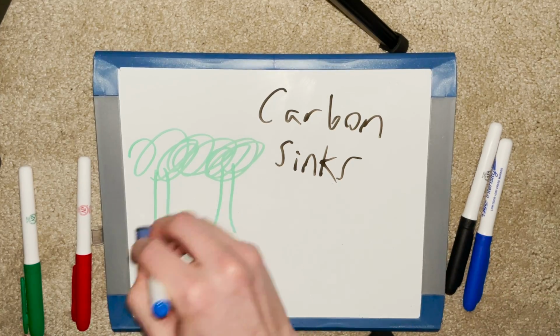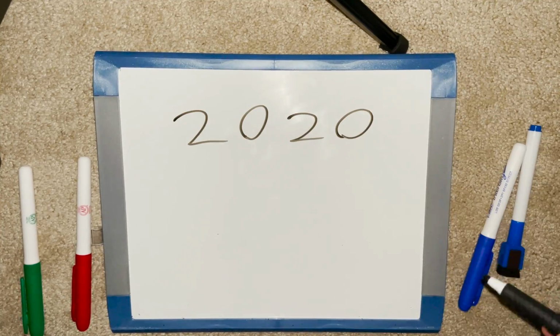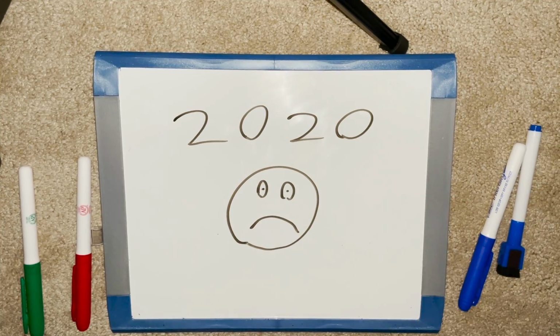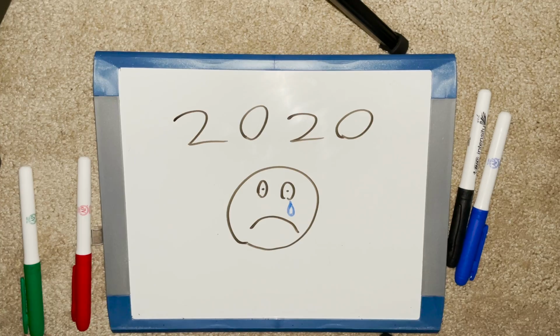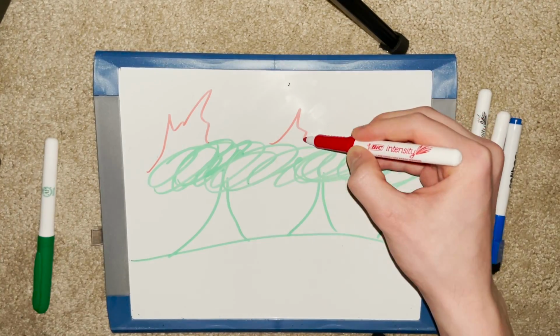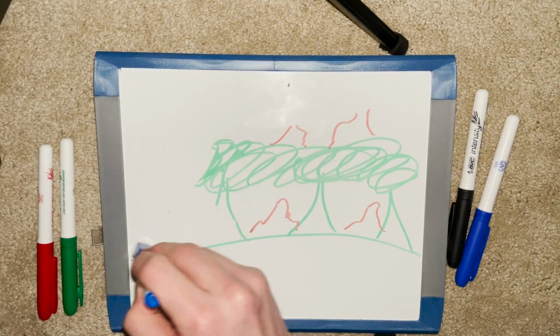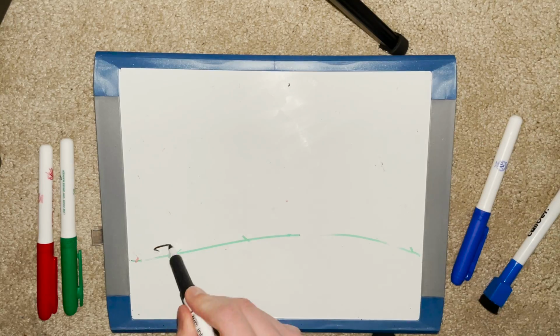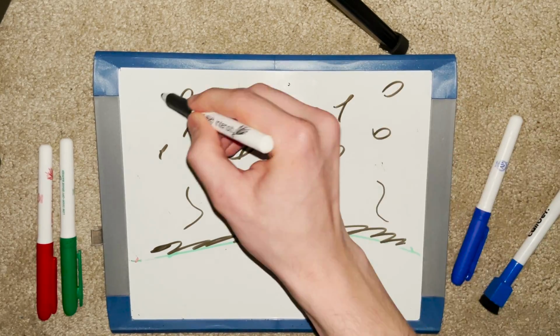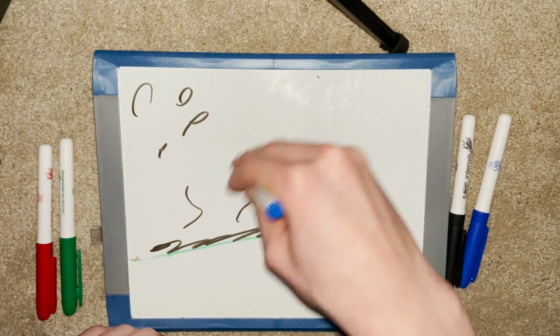Now you may be thinking, how does this affect us? Well, if you haven't noticed, the past couple of years haven't been the greatest. This is mainly due to climate change. Forest fires all over the world are caused by the warming of our atmosphere, which in turn also release a large amount of carbon into the atmosphere as well, due to them being carbon sinks. This decreases the amount of oxygen producing organisms and increases the amount of carbon dioxide in the air.